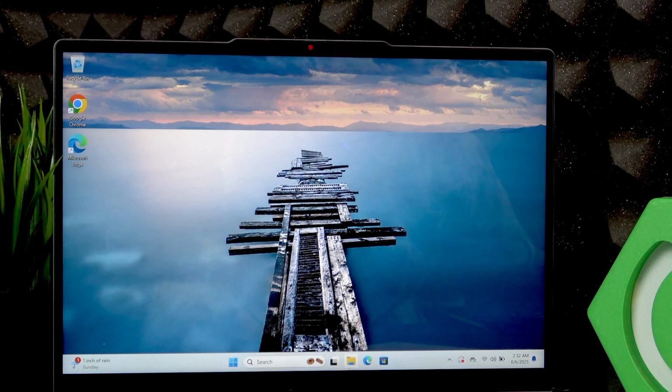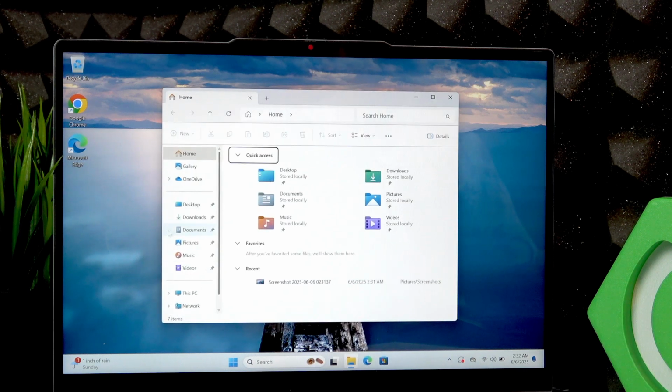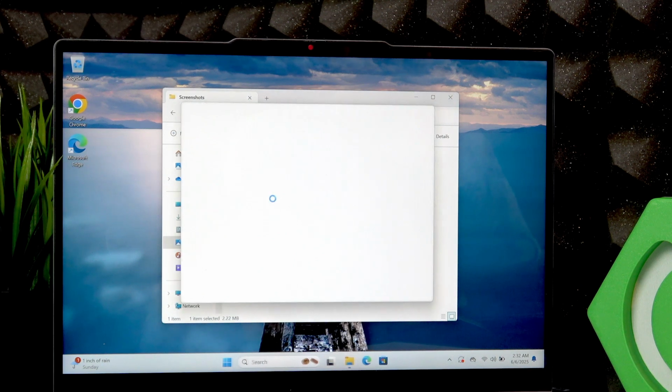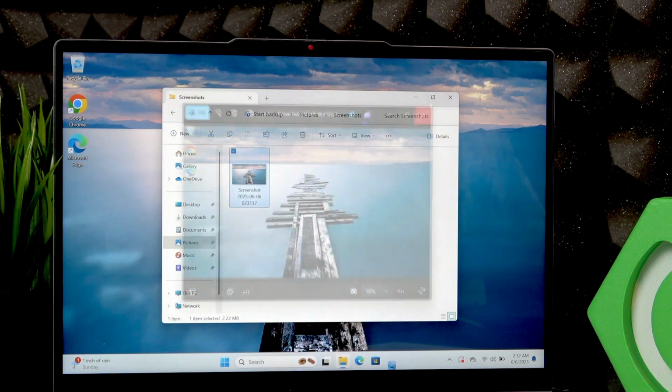And to find the screenshot, we'll have to open the File Explorer, go to the Pictures folder, Screenshots, and here's the screenshot that we just took. Okay, and